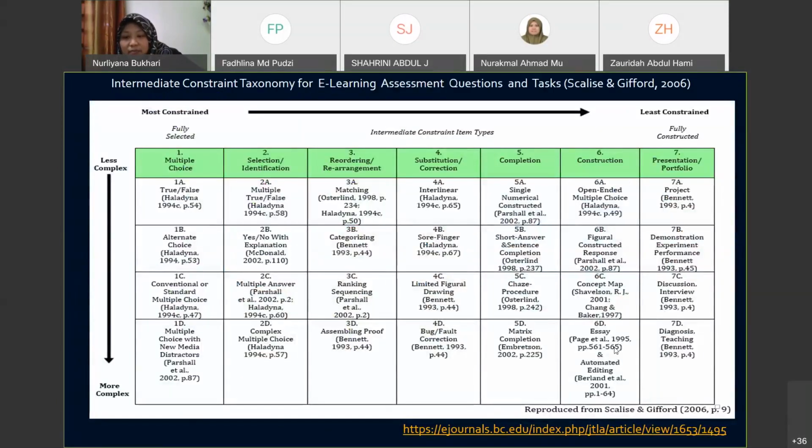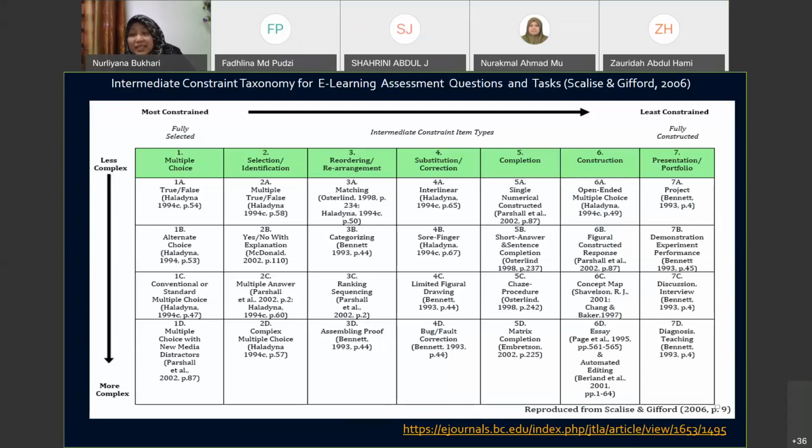This is actually an intermediate, and it is very neat. I like this. The categorization that these two researchers are doing, basically they organize all types of items. There are a lot of items, from multiple choice all the way to essays, all the way to portfolios, all the way to the big stuff like measuring hearts. So they try to organize these item formats, and we have a lot of item formats,